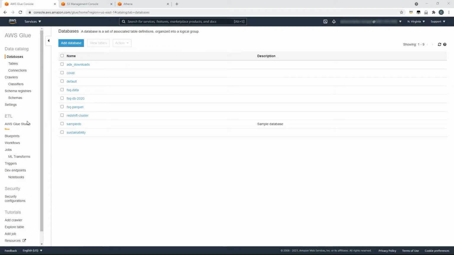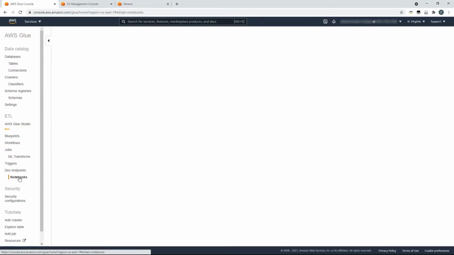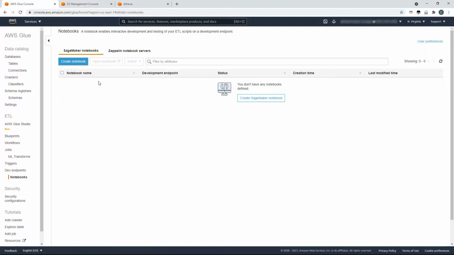Below that you can see AWS Glue Studio alongside tools like AWS Glue DataBrew. And also there are blueprints, workflows and jobs to provide out-of-box templates to complete any number of different tasks. Finally, there are development endpoints, so your data scientists, as an example, can connect their SageMaker notebooks or their Zeppelin notebook service.